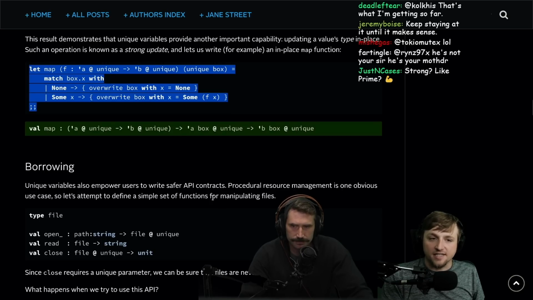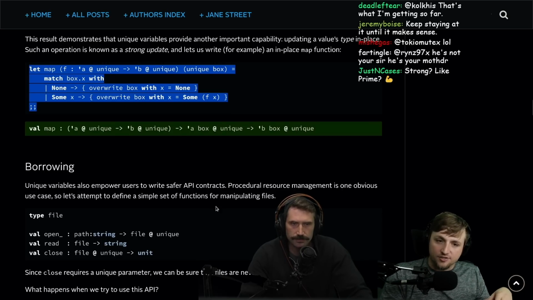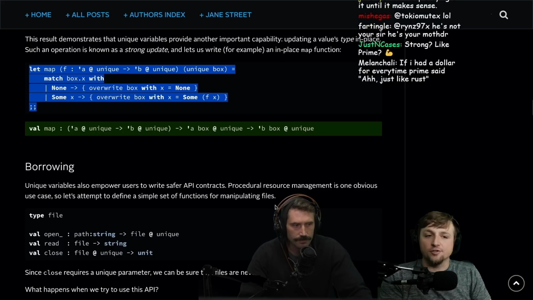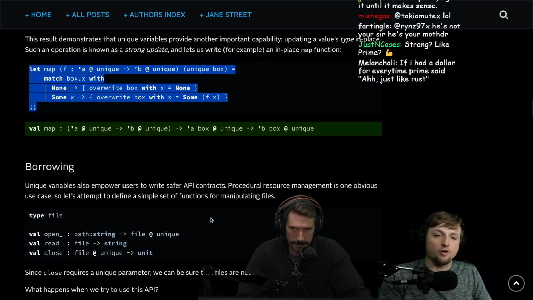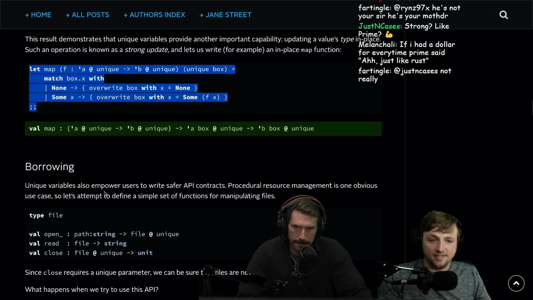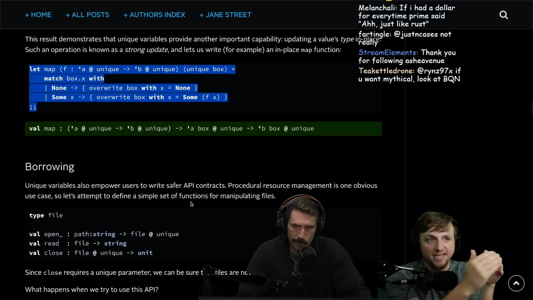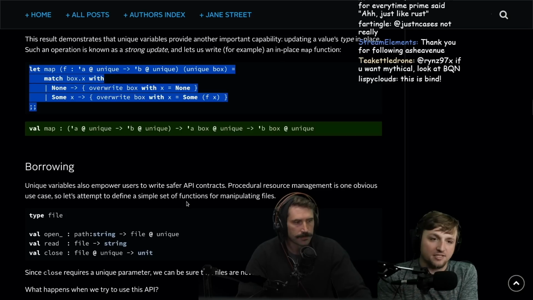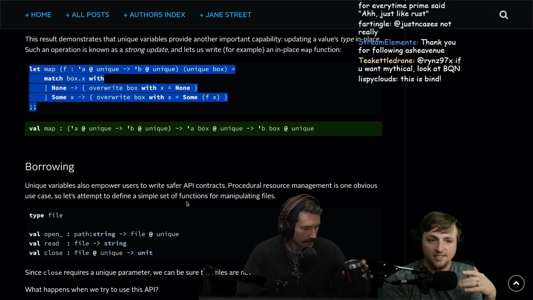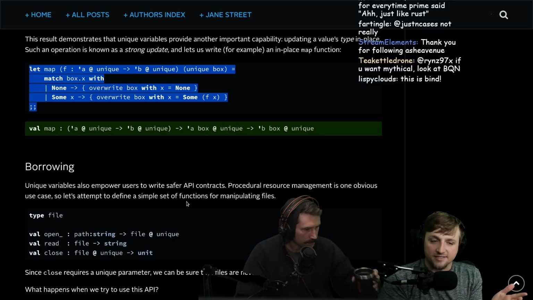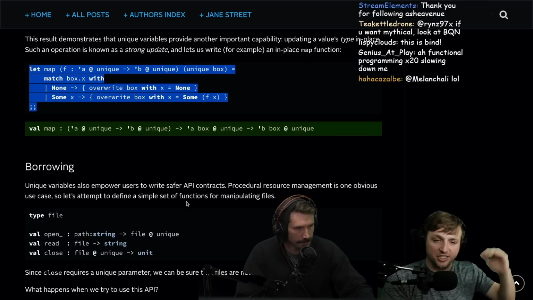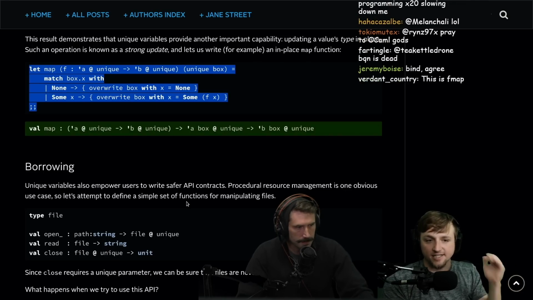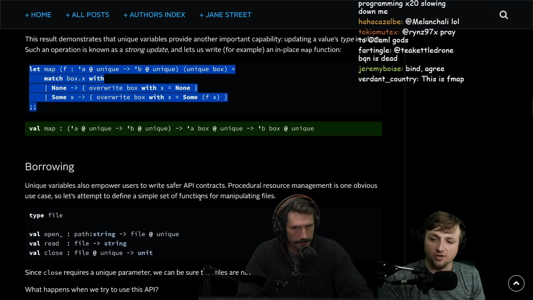Except that it's saying you don't need to allocate any new options, right? You're going to overwrite the option inside of there. If you were chaining this through, you could imagine that you're going to call option map on something and then option map again and option map again, right? Then what's cool is the types can be changing along the way, but you're not allocating garbage for every single spot. You're going to overwrite it.